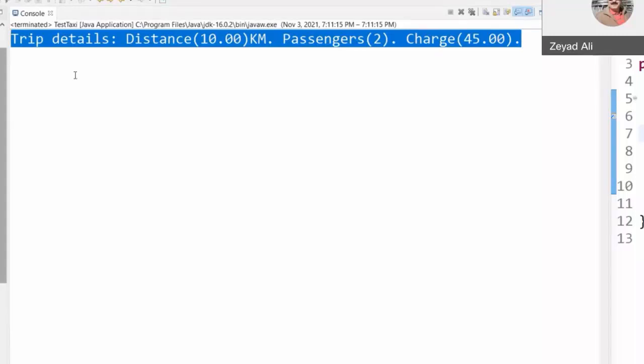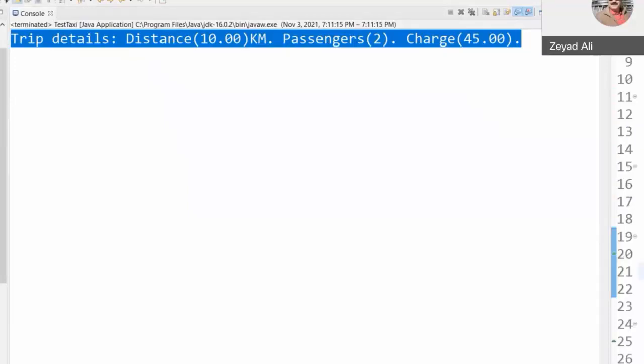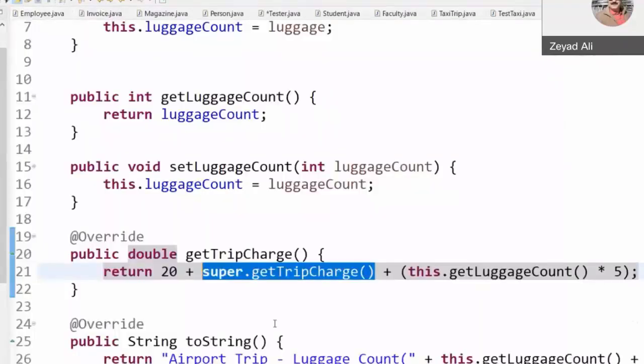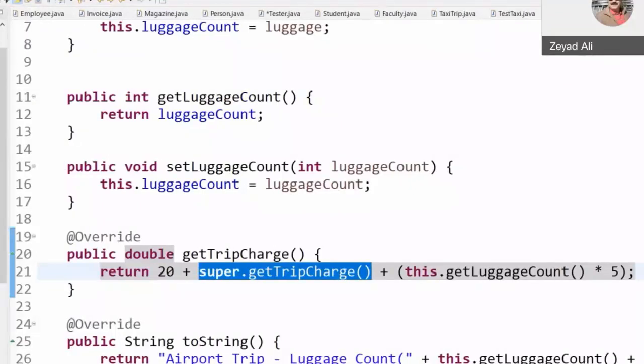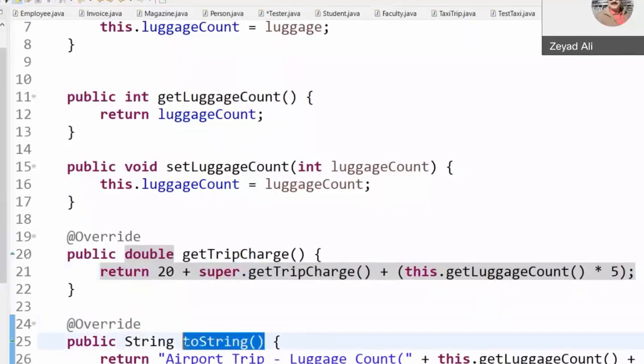So isn't it a good idea to reuse this output from the super class and apply it in the subclass? So what I'm going to do in the AirportVanTrip is what you saw previously with faculty and student. And see here, I say return, I override the toString from my superclass.